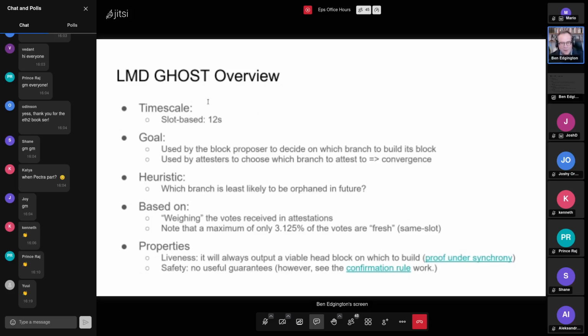That's the one to be building on. And what we do is we weigh the votes that we receive in attestations. I call it weighing because they're weighted with the stake that each validator manages, the effective balance of each validator. And it's important to note that in any given slot, which happens every 12 seconds, only a maximum of 3 1/8% of the votes are fresh, so 1/32 of the slot. So every slot only 1 out of 32 validators is making an attestation because there are 32